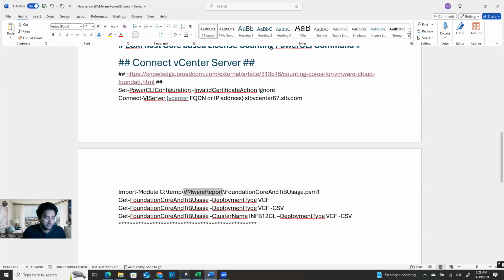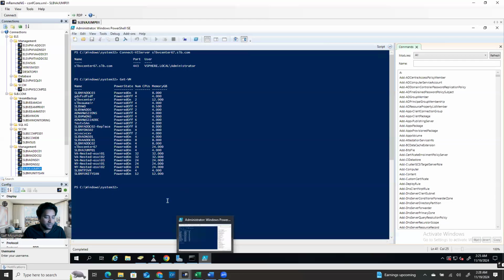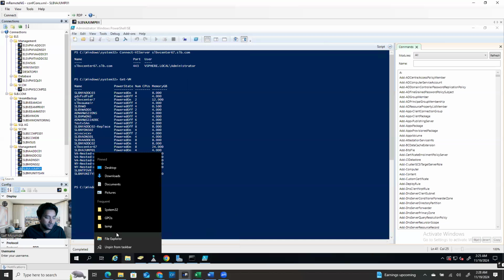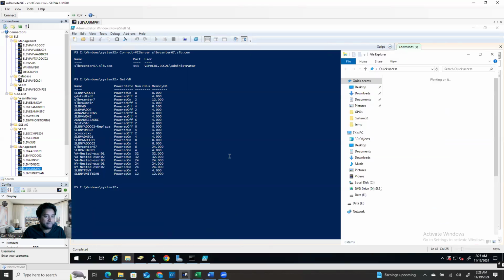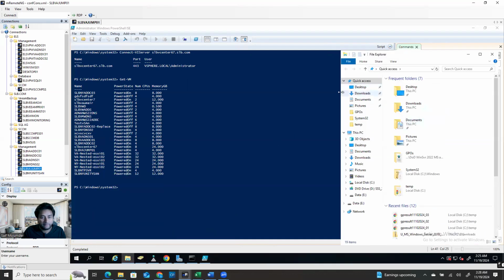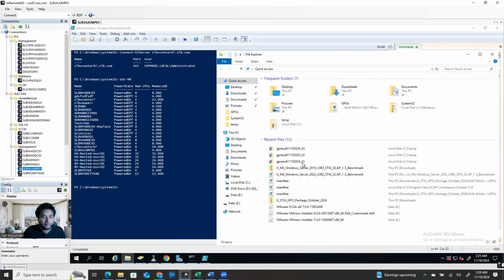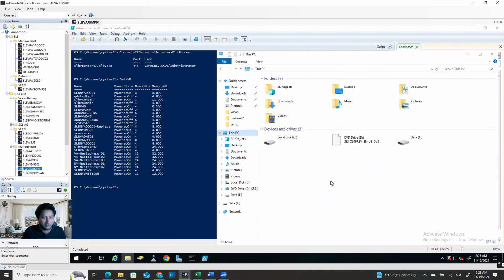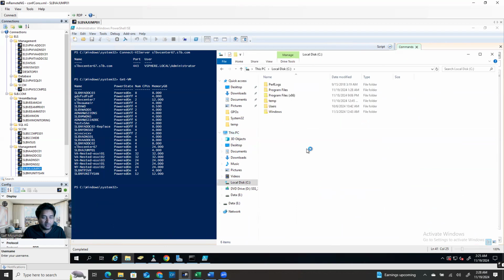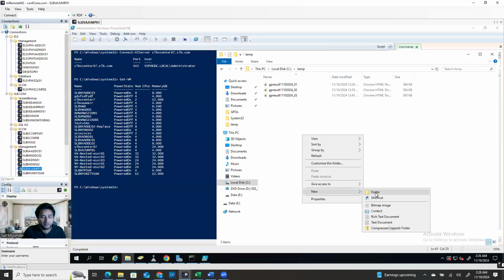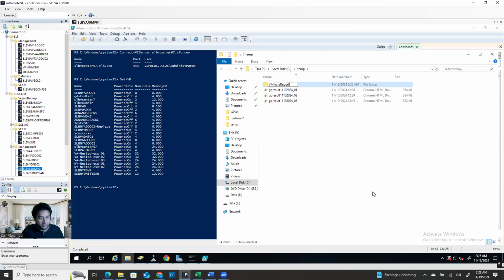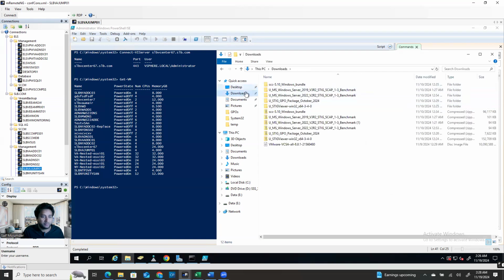So let's go to my jump machine, File Explorer. Then This PC, and you see the temp. Inside the temp, I'm going to create a folder, this, right? And then from the download folder, I'm going to